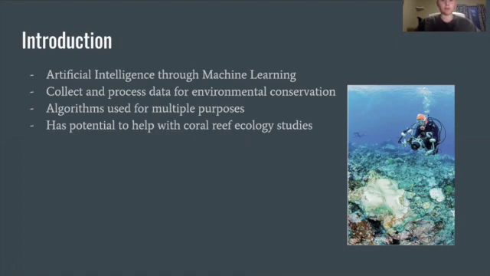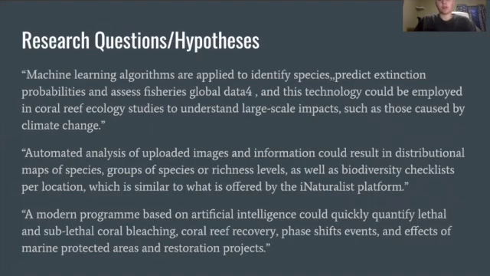using different methods. So they talk about how there are algorithms that are in place in different programs, and the potential that a new type of program that uses artificial intelligence through machine learning will help coral reef ecology studies even more. These three little excerpts from the research paper are the main things that were talked about throughout the paper. So the first one is machine learning algorithms are applied to identify species, predict extinction probabilities, and assess fisheries